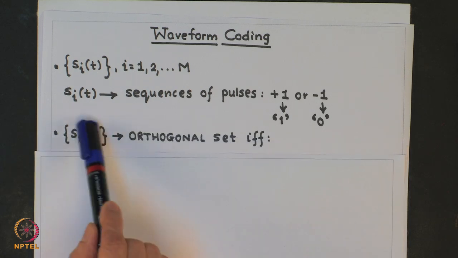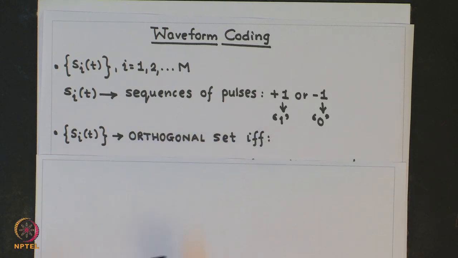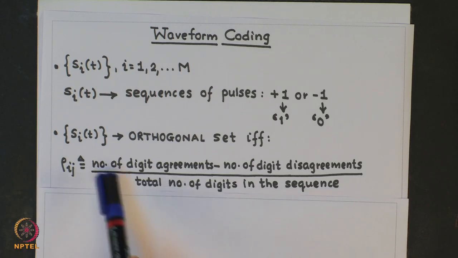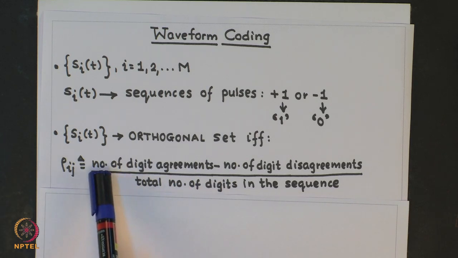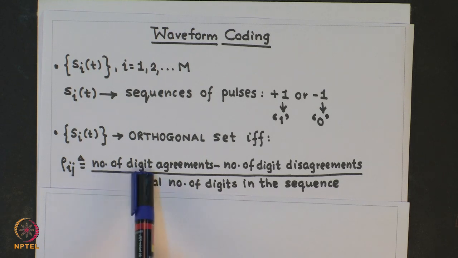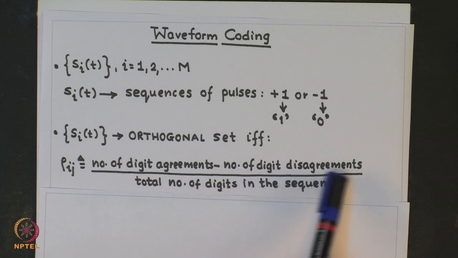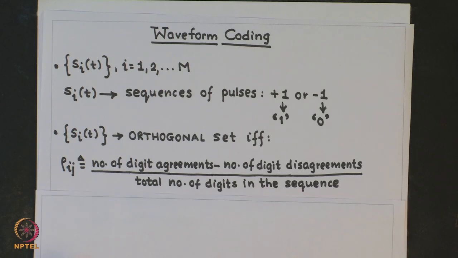Now this signal set will be an orthogonal set if and only if this correlation coefficient defined by this relationship, where in the numerator we have the difference of the number of digit agreements and the number of digit disagreements, and in the denominator we have the total number of digits in the sequence,